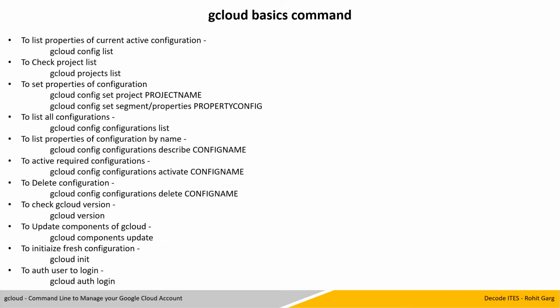These are some basic gcloud commands for which we will perform a demo session. We have just completed the small demo of basic commands of gcloud, where we saw how we can list the configurations, how we can list the currently available projects, how we can add new configurations in two ways, option 1 and option 2, how we can set the configurations of the currently created configuration, what the active configuration is, the currently running versions or component list, and authorize the gcloud session outside the Cloud Shell environment.